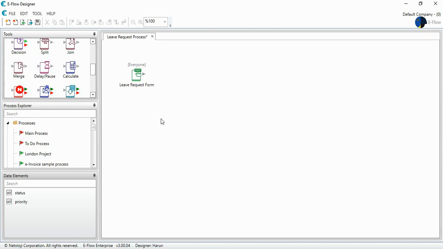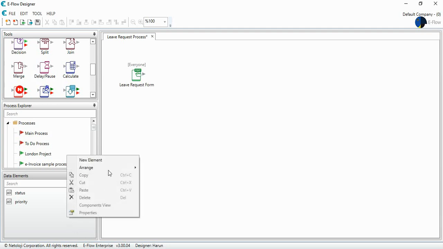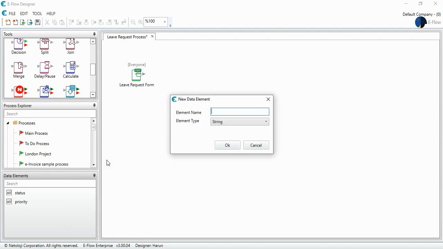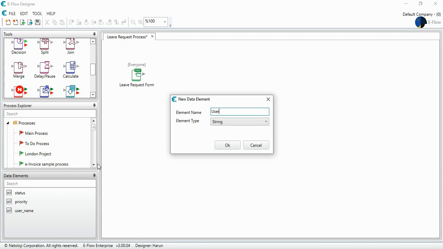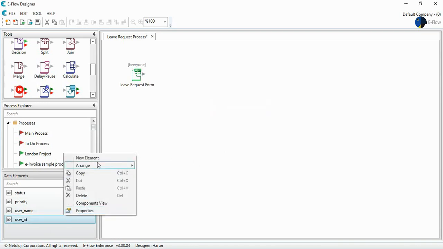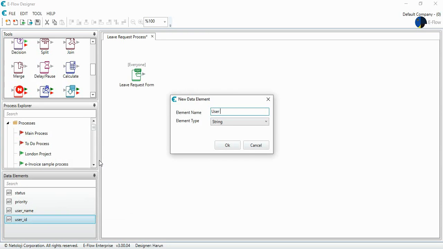So let's develop the data elements that I will use at the first task form. Let's just write the username. Let's start with the username. It will be string, and at the first form maybe user ID. It will be string as well, and user email